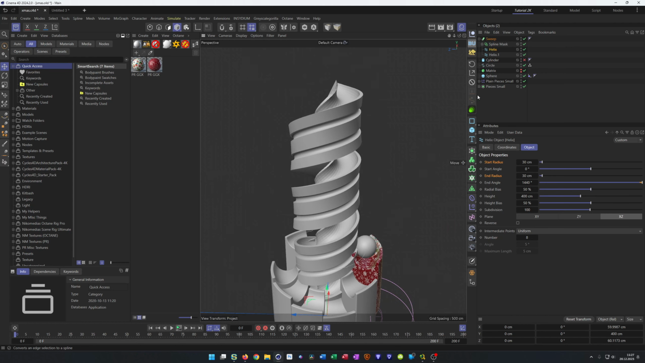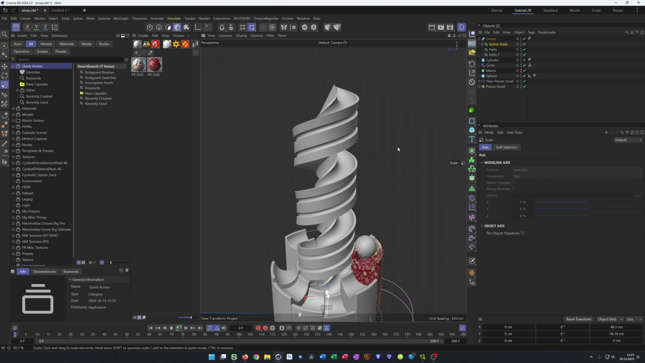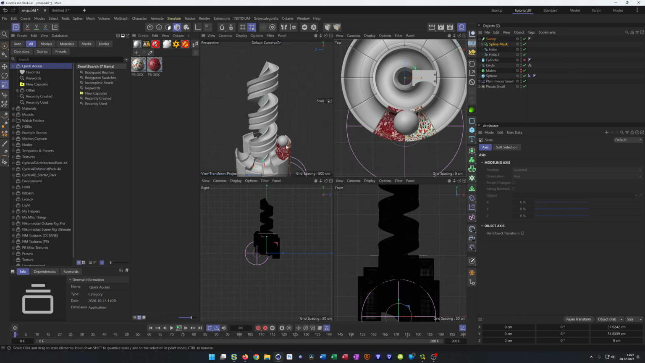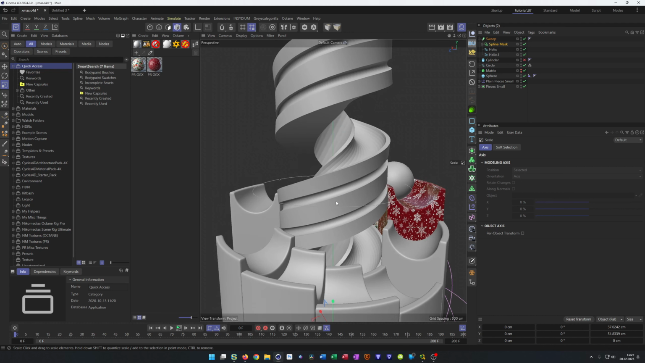So what we can do is we can make this whole spline mask here, T for scale, and scale the whole spline mask down a little bit. So now we fit inside here. And we have something like that here now. It looks interesting here,